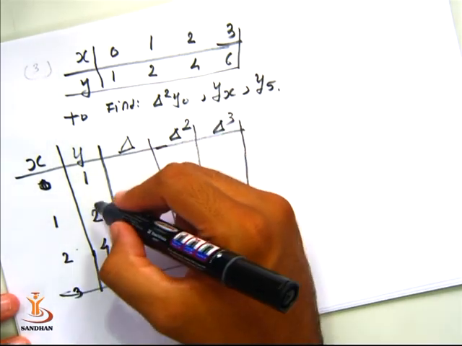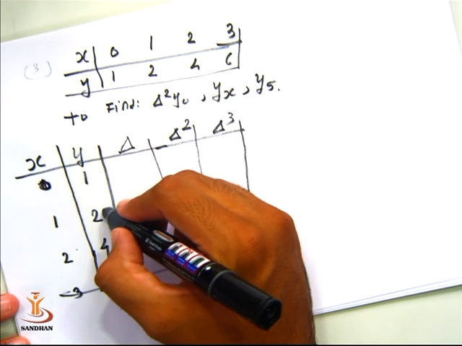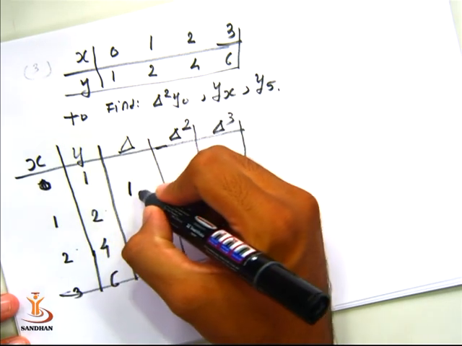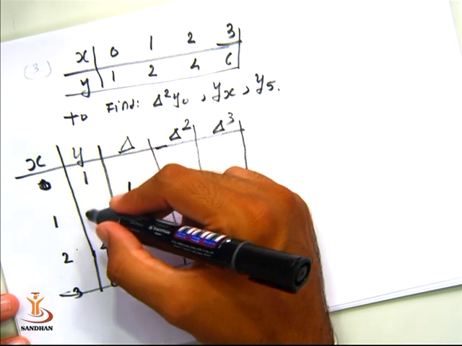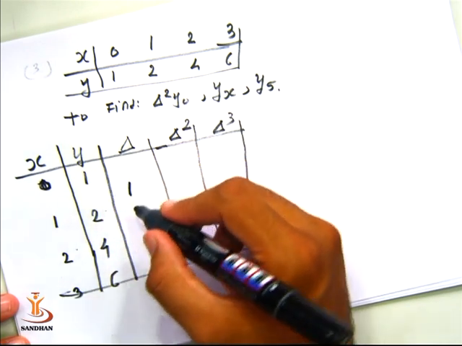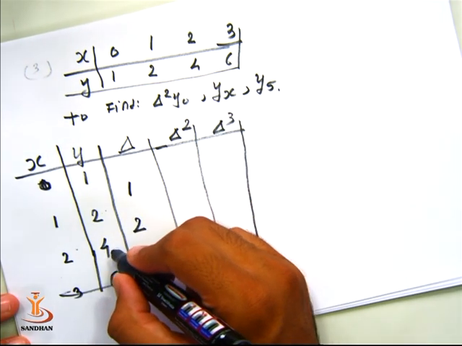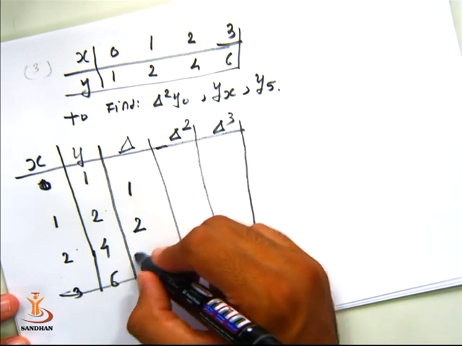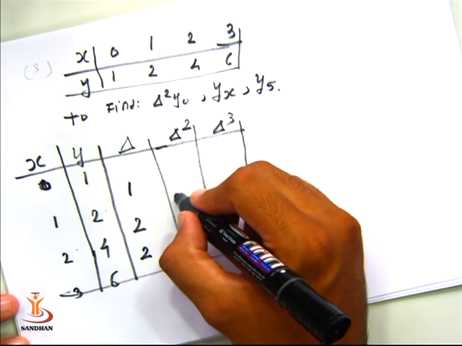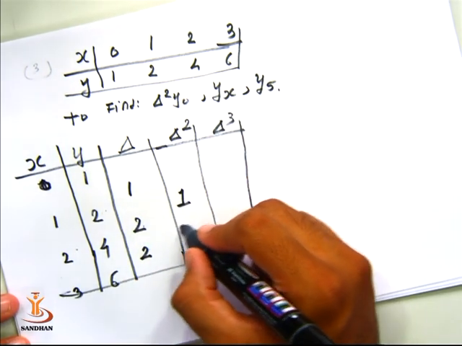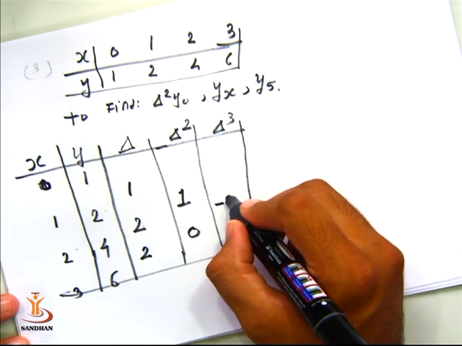So we will make the table format like this. And let us obtain all these values, as we have already defined delta as lower values minus upper values, that is 2 minus 1, written as 1. So you should have one line space so that you can write the values exactly in between the values 1 and 2. Next is 4 and 2, 4 minus 2, we will have 2. Another is 6 minus 4, you will have the value plus 2 again. In order to obtain delta 2, we got 2 minus 1, that is 1, and 2 minus 2, that is 0. In order to obtain delta 3, we got minus 1.